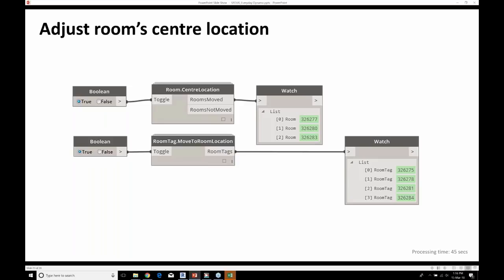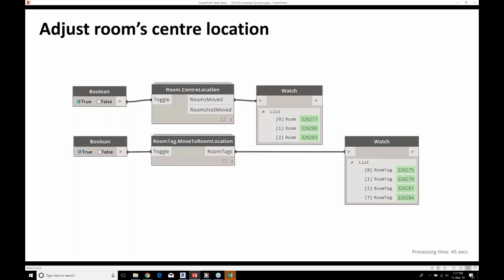So the room center location does it as expected. We have two outputs, rooms moved and rooms not moved.